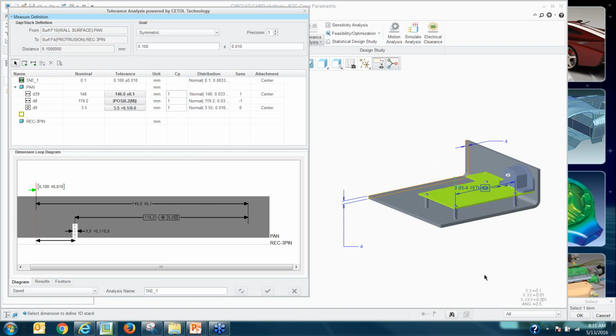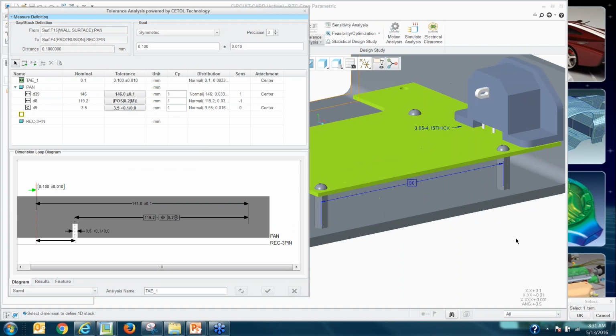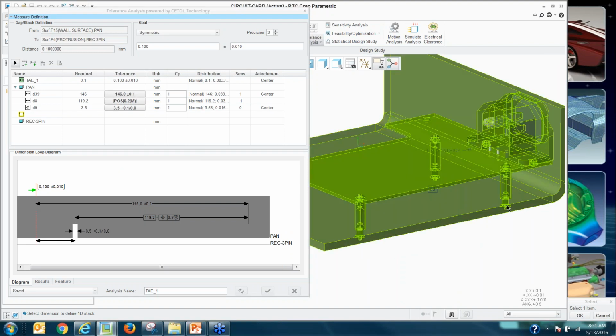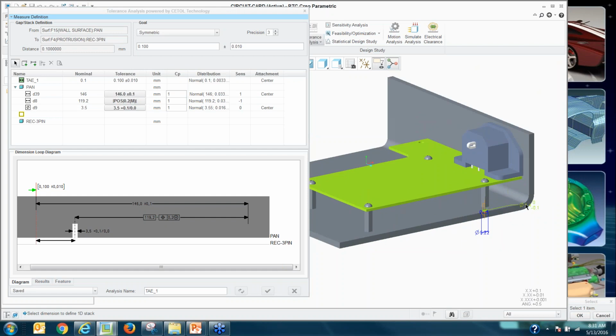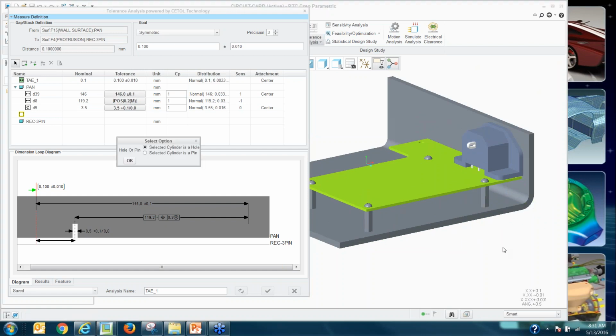right? I can either keep selecting dimensions, or I could say, okay, what about, remember the assembly process, right? They're going to assemble the bottom screw, so I need to account for that. So let me go select the bottom screw. When I select the bottom screw, I have the ability to select the diameter of that screw, right? So there it is, right? I've selected that. Now, once I selected that, I could say, again, it's going to be a pin this time,